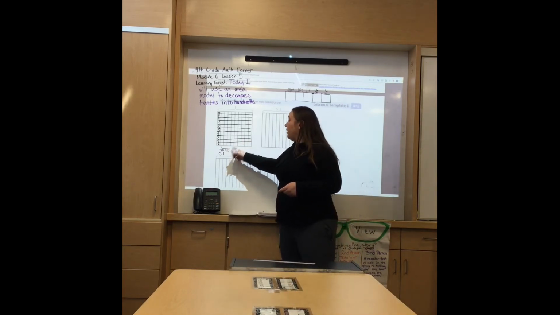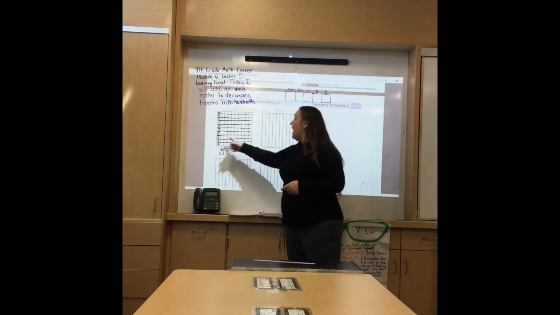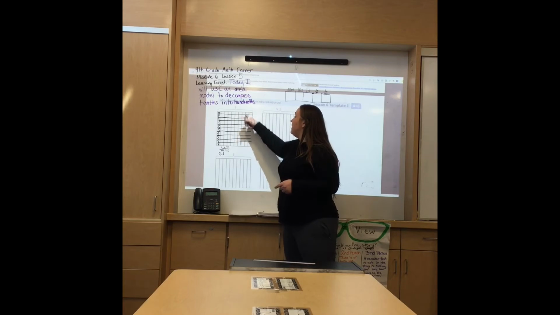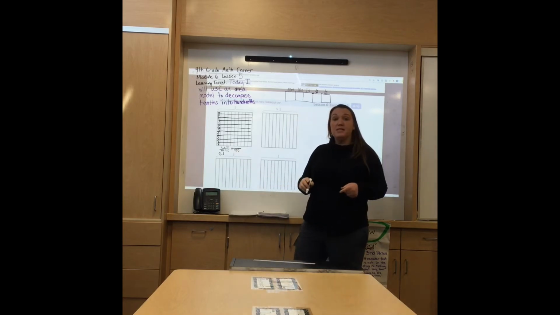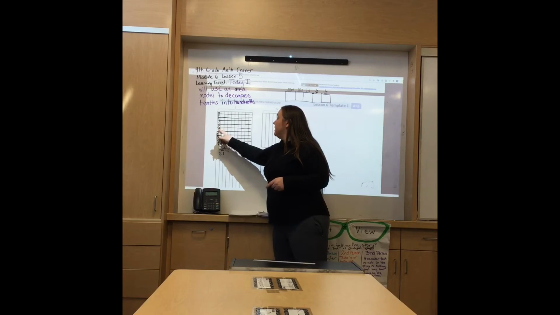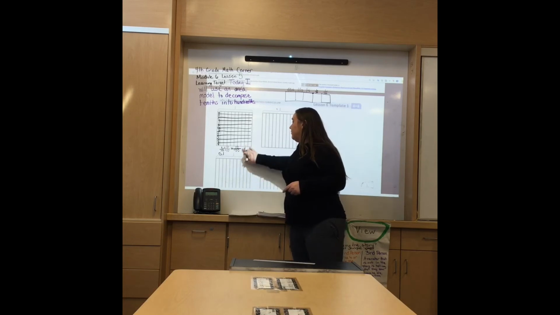So I'm going to multiply by 10. What I did to the bottom, what I did to the whole, I also did to the one that I colored. So I times that by 10 as well. I now have 10, 20, 30, 40, 50, 60, 70, 80, 90, 100 pieces total. And the pieces that are colored are 1, 2, 3, 4, 5, 6, 7, 8, 9, 10. This can be written as a decimal,